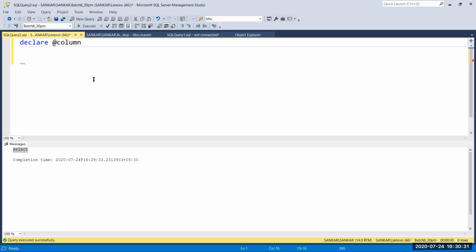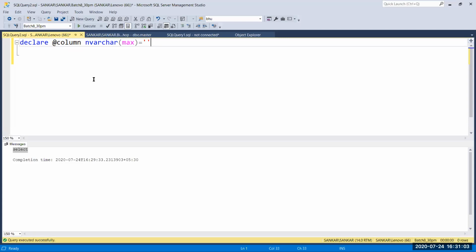Then @column nvarchar(max). I'm going to give a default value because I'm going to add something. Already we have seen in the Python process, like a equal to a plus 1, we can write a plus equal to 1, and it helps in counting the loop: it adds 1 and reassigns to the same variable.